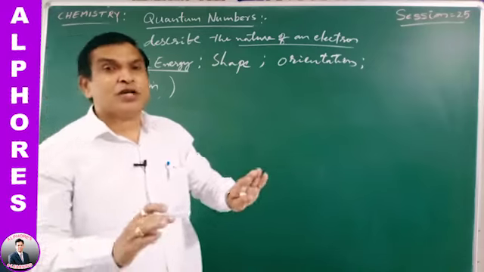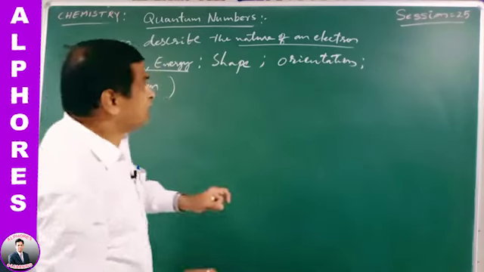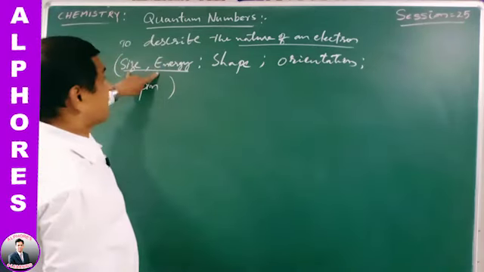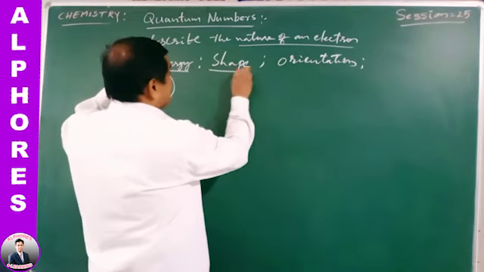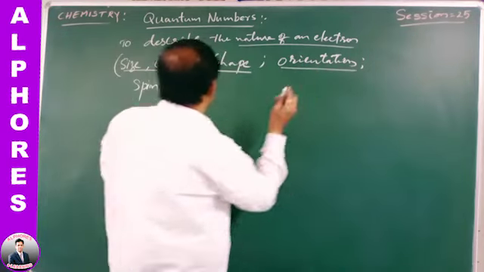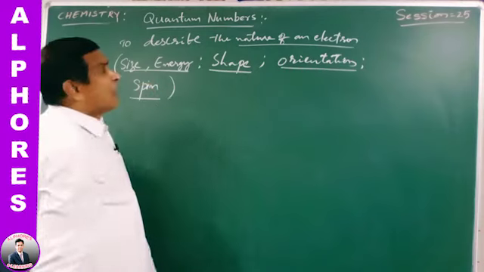We can say it is size, energy, shape, orientation, and spin of the electron. To explain the size, energy, shape, orientation and spin of the electron,